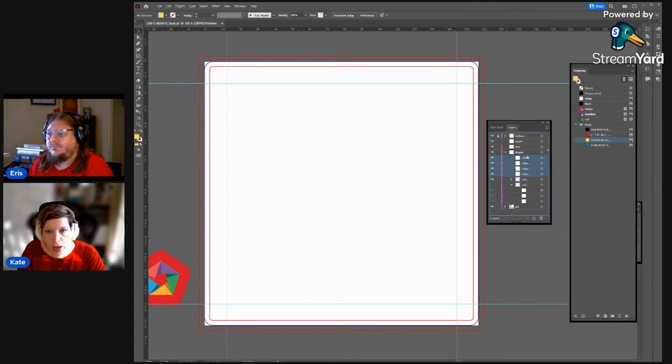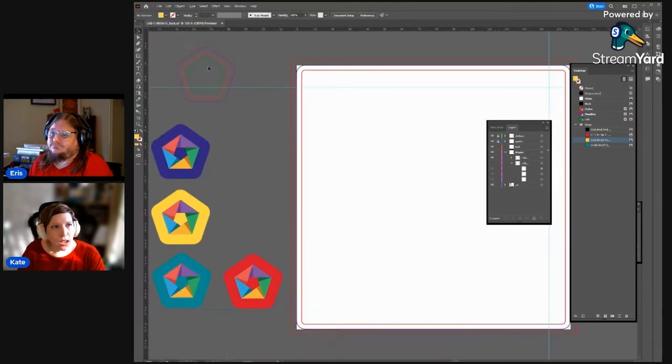I'm actually going to drag them into a separate layer so they don't get in the way, and I'm going to lock them. Lock them, yep, beautiful. So inside where these little blue guides meet, I don't want my die line to be popping outside those guides. All right, so let's plan out our die.